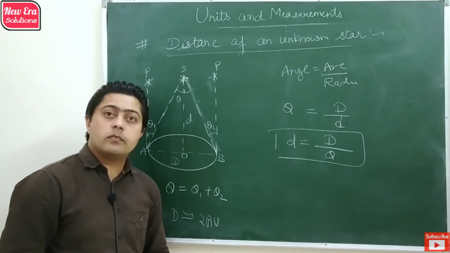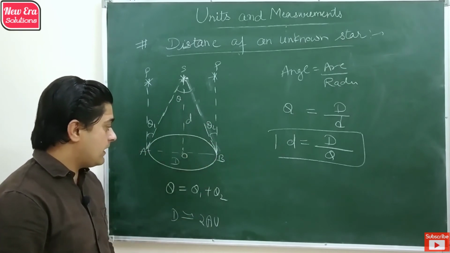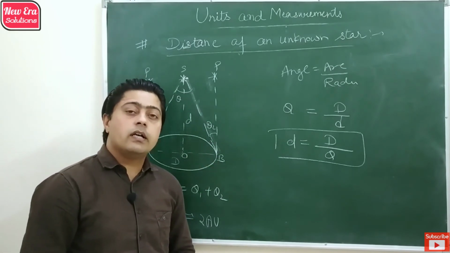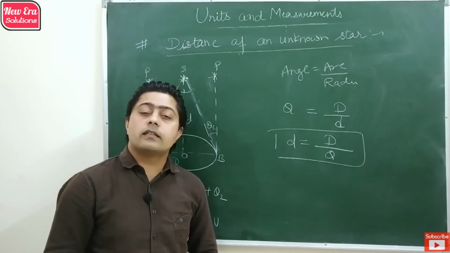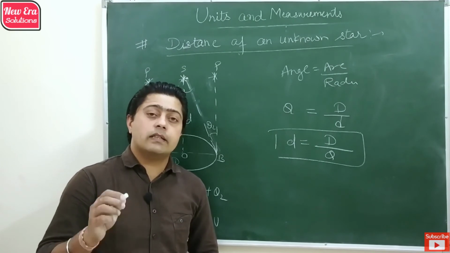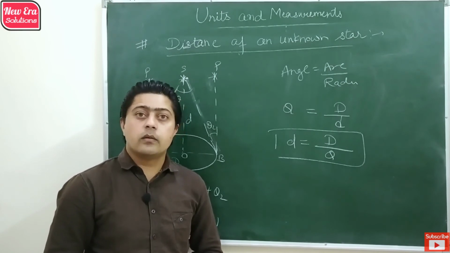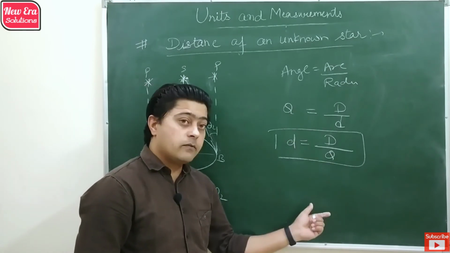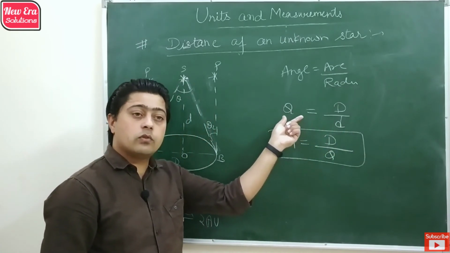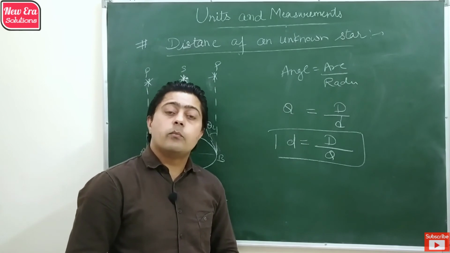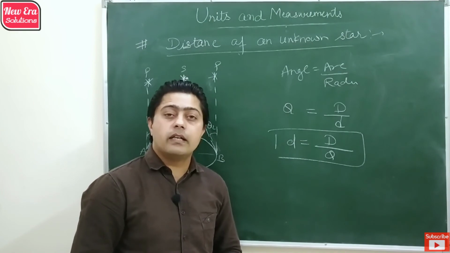Because both of the problems are now resolved, we easily get the parallax angle and we easily get the symmetrically opposite points on earth. In parallax method there are also certain limitations. This method is not used to measure distances more than 100 light years, because from the formula we observe that as the separation increases, the parallax angle decreases. So more than 100 light years makes a very small parallax angle which is almost negligible.